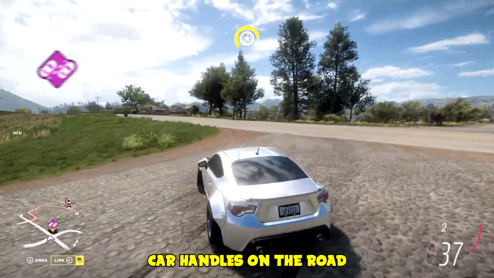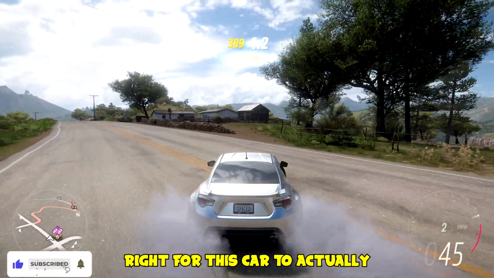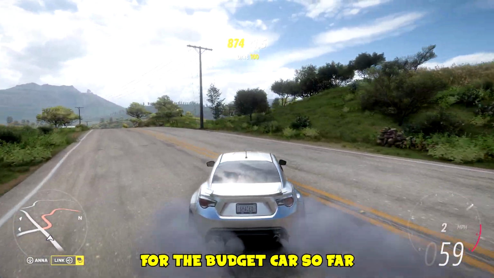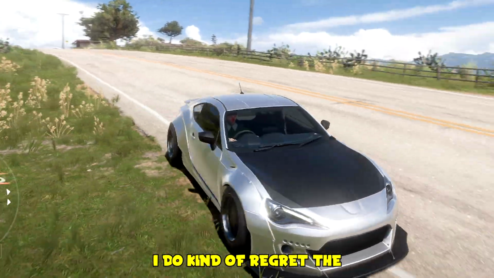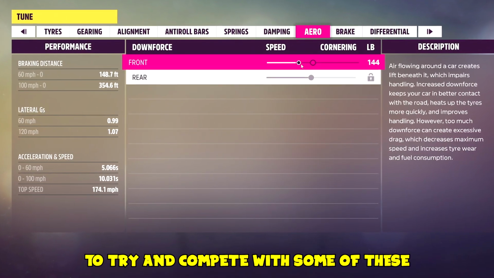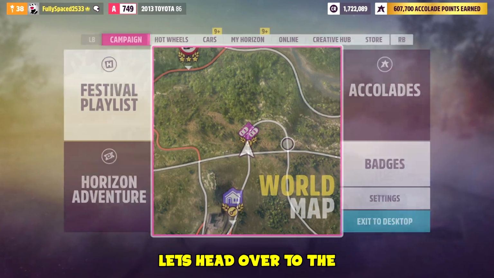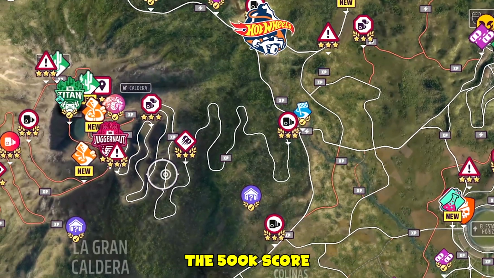Let's see how this car handles on the road, as really I need to try and get the tuning right for this car to actually be any good, but you know what? The drifting on it isn't too bad for the budget car so far. Now for any of you wondering, this is what the car kind of finally looks like. I do kind of regret the bright green calipers though. Now I'm actually going to tune this car as much as I can to try and get it as best as possible to try and compete with some of these higher class cars on this drift run we're about to take. Let's head over to the longest drift run in the game and see if we can beat the 500k